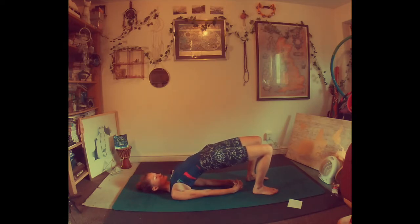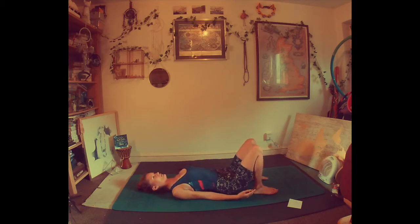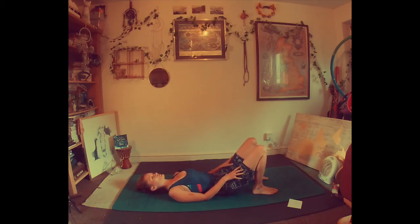I also want you to make sure that your knees are not splaying out too much. Keeping them in, keeping your feet firmly in the ground. When you're ready, come back down again. Good, really good. Okay, and then pop the shoulders out, and we're going to do one more of those, and